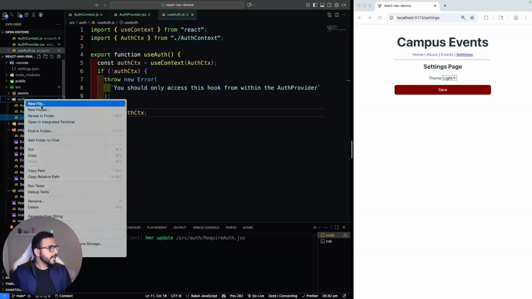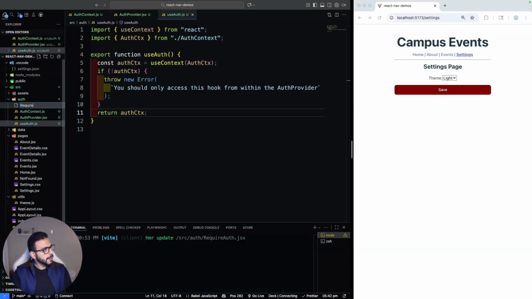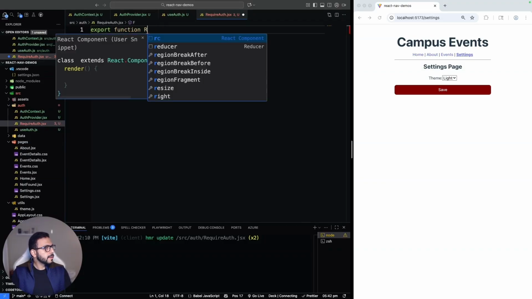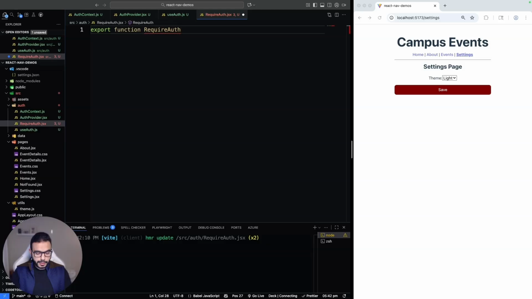All right, now we're almost ready to use this. So I'll go ahead and create a new component that I will call RequireAuth.jsx. What we want this component to be is basically a wrapper around our routes so that it checks if you're authenticated, and if you're not, it redirects you to the login page. Otherwise, it will pass you over to the correct component. So we'll do export function RequireAuthentication,